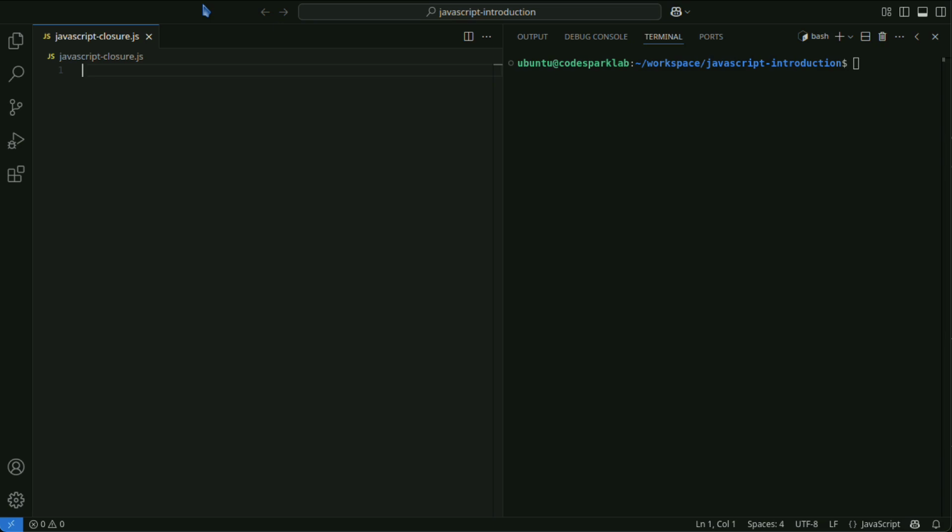First, let's look at a basic example of a closure. In the following code, outer function returns a function called inner function. The important point is that inner function can access the variable count defined within the scope of outer function.